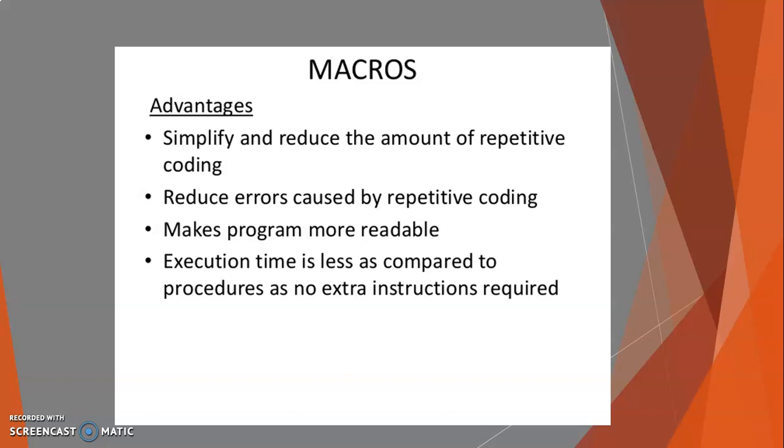Every time a macro is called, the assembler of the microprocessor places the entire set of instructions of the macro in the main line program from where the call to the macro is made. The execution time of the macro is faster compared to the procedure because there is no need to link, as with a procedure. Here you do not need to link; you directly execute. So you don't require more time, it is faster, and it is simply loaded into the main memory. So overhead is avoided as calling and returning do not take place.